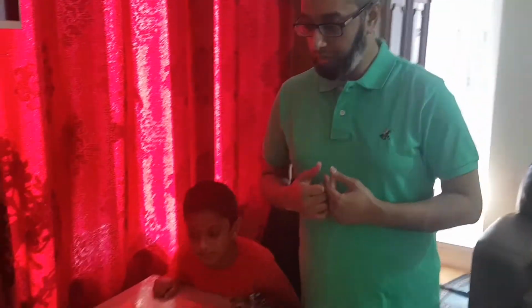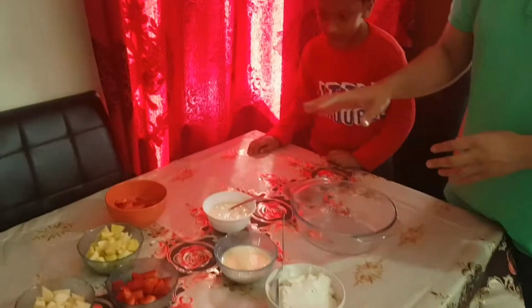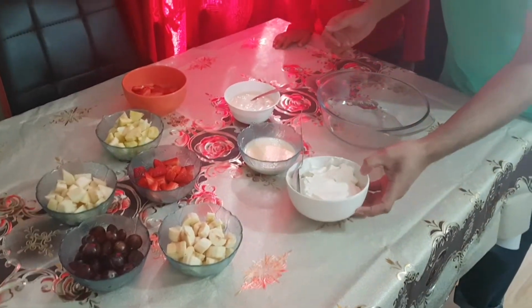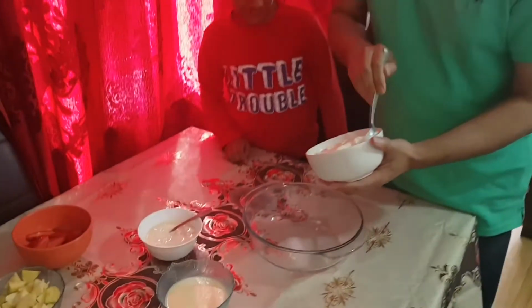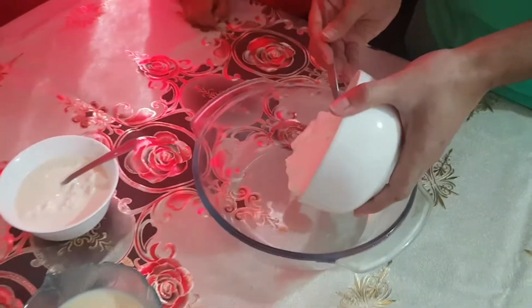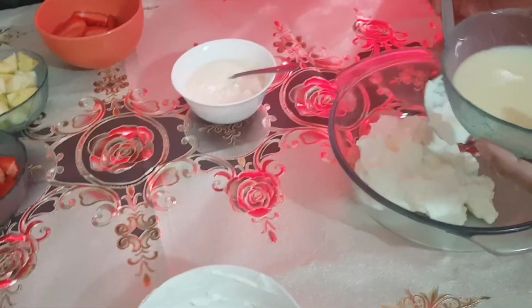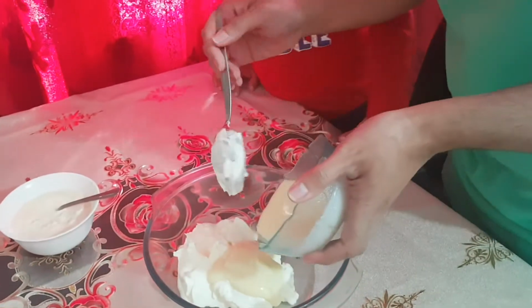The next point, what we need to do is to have a look at the actual mixture of the fruit salad part rather than the jelly part. So what you have here, as we've said, these ingredients are what we're going to do. So first of all, we need to take the Greek yogurt mixture, so that goes into the bowl itself. So the next mixture we're going to have is the condensed milk, very sweetened. So if we pour this in,